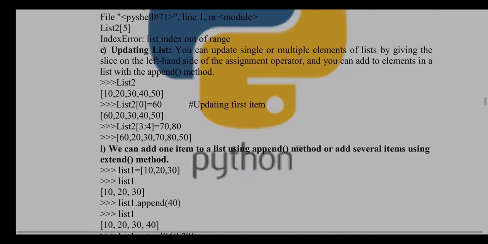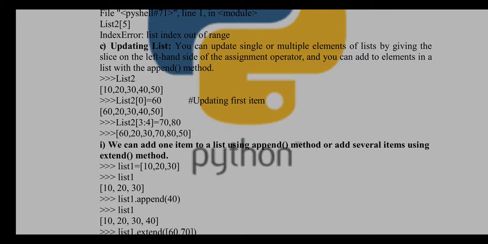Okay, how to update a list? You can specify the index position and directly assign a value. So that particular value is going to be stored in that particular index position in a list. So 60 is stored in the 0th position, that is the first position in the list. If you print that list, it is going to be shown on the first position. Okay, like this way you can update list items.